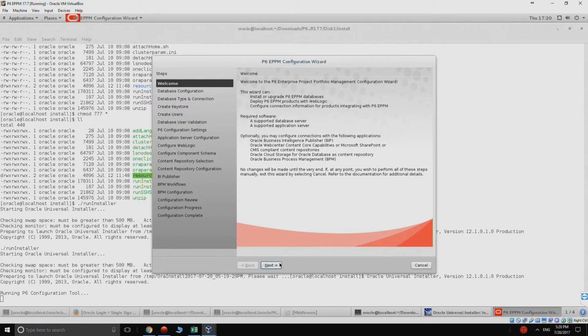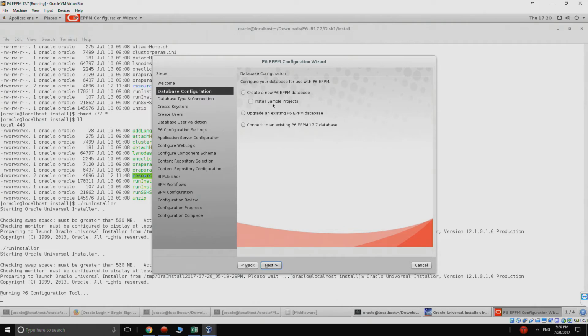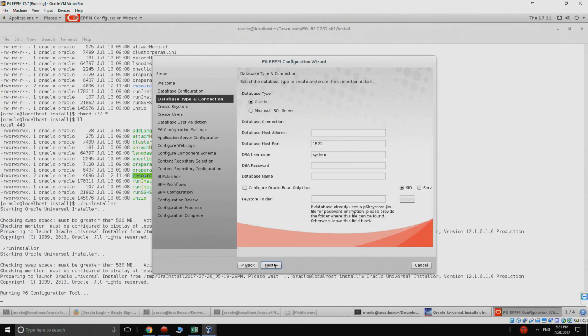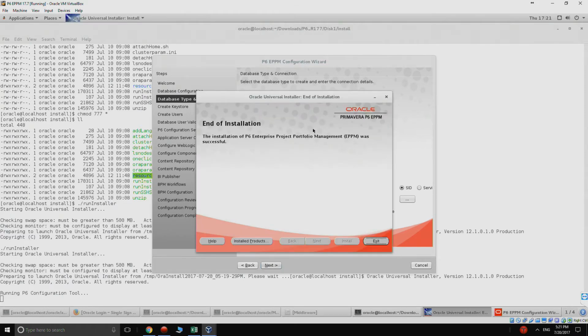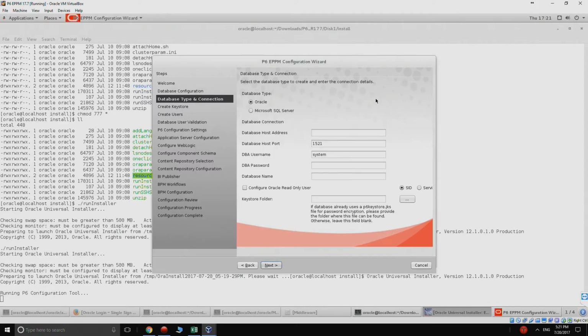Alright, now we'll hit next, and we will create a new P6 EPPM database, and you can install sample projects if you like to have some data in the application. Click next. We're connecting, and it is a funny message, end of installation. We'll just minimize it,